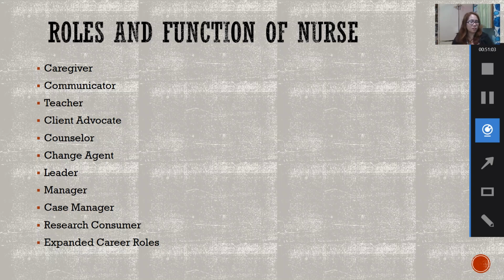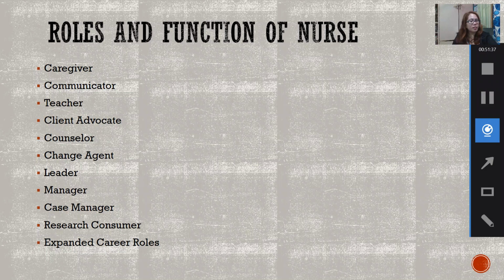First, as a caregiver, pag sinabi natin caregiver, you have to provide full care. Full, hindi yung sinasabi ni Orem, di ba? May wholly compensatory, partially compensatory, supportive, educative. So, as a caregiver, you have to give full care to the client, both physically and psychologically. So, depending on the need of your client, according to Orem, pwede mong i-apply yon doon.